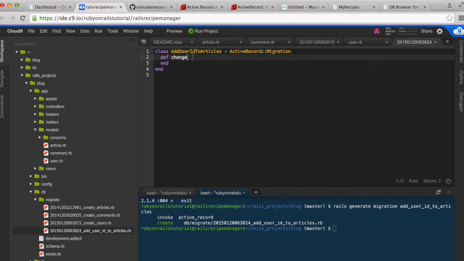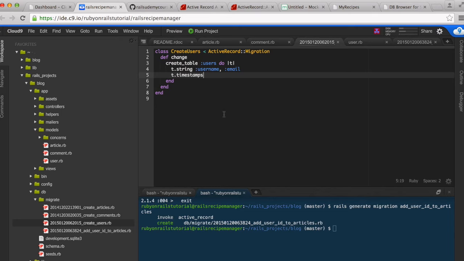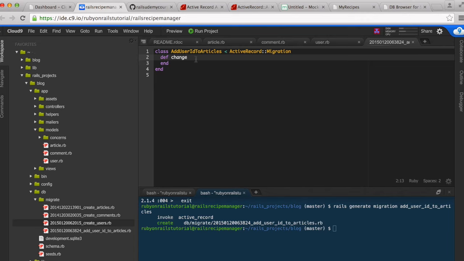All right. So notice how this one was smart enough not to create a table. If you remember, when we ran the migration to create users, it had automatically given you a create table row. But in this one, it hasn't done that because it's smart enough to know that you're basically adding user ID to something. It's not saying create user, or create something. All right, so here we're going to add column,